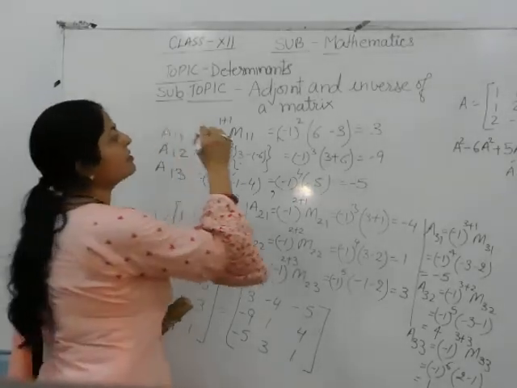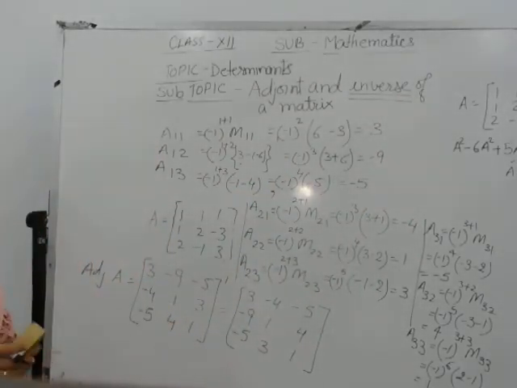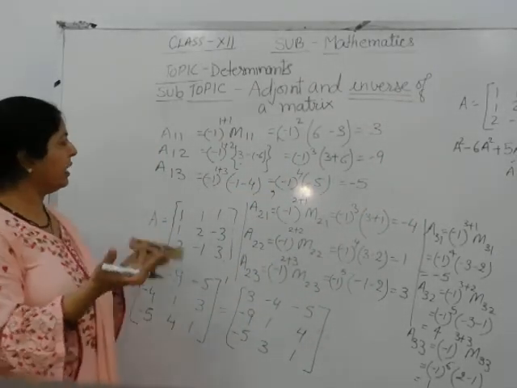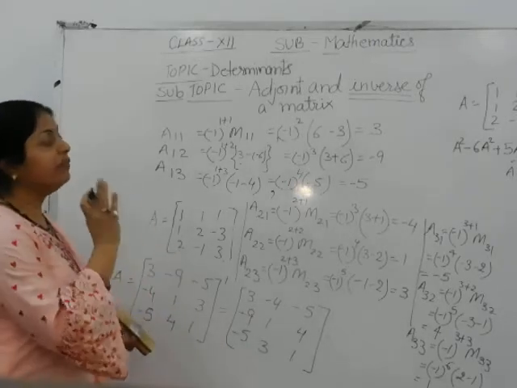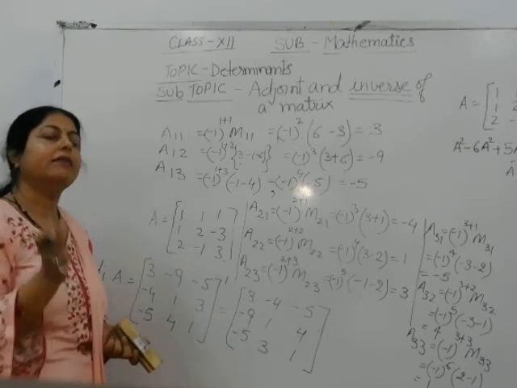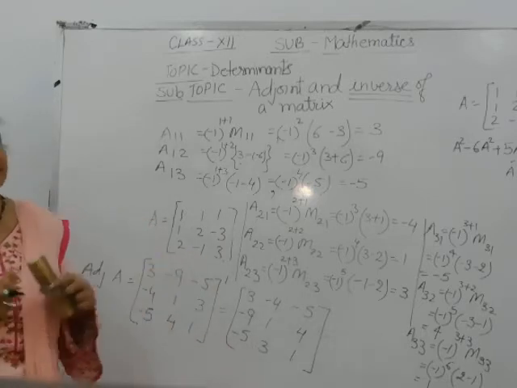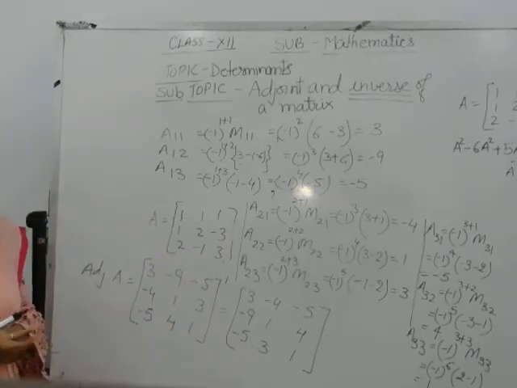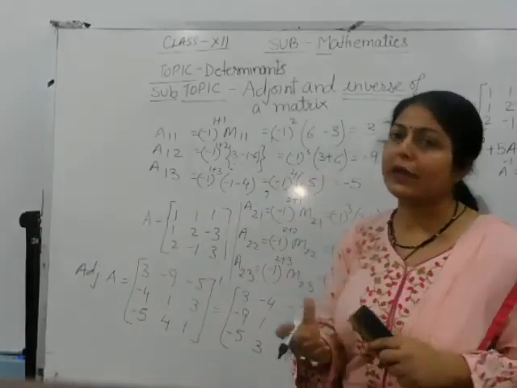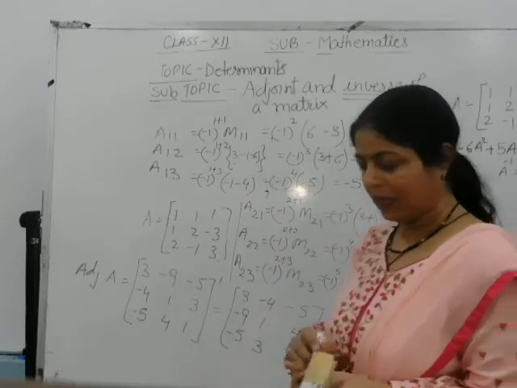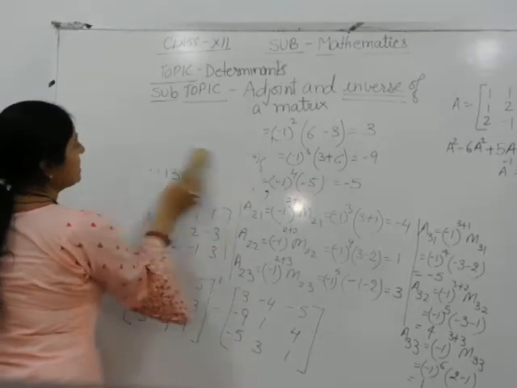And the second is inverse. Inverse means simply you can say that we can find the inverse of any matrix. No, it's not true, because inverse of a matrix is only possible when the matrix is invertible. Invertible means a matrix has an inverse, and it gets an inverse when it is non-singular. First we need to know singular and non-singular.